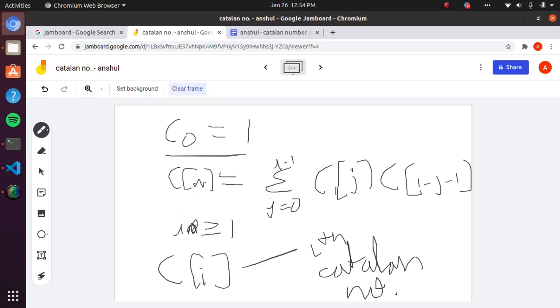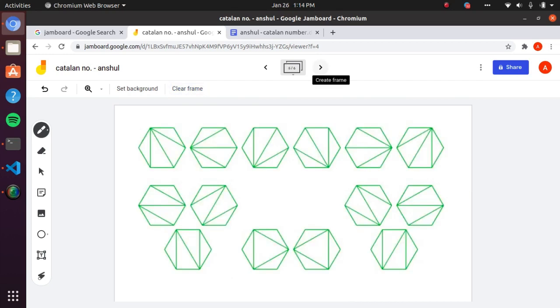Now let's quickly discuss this case: you are given a polygon with n sides, and we have to connect all the vertices with one another, I mean into triangles, and return all the possible combinations. This will also follow the Catalan numbers. There are many implementations you can search on Google.